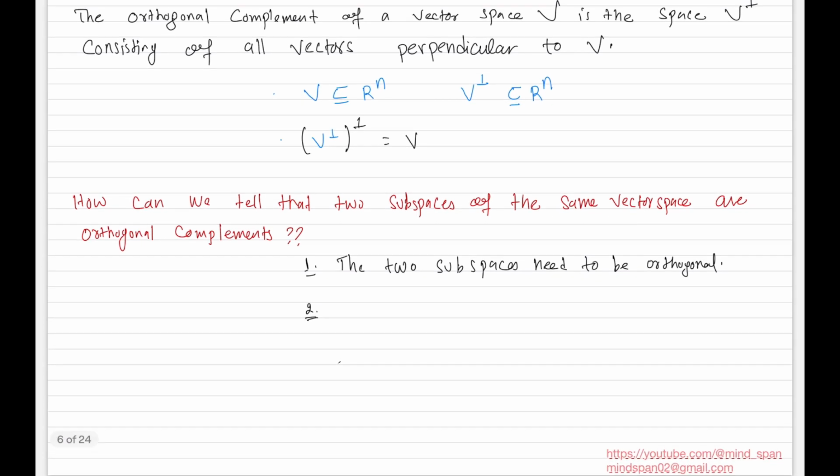So the second condition would be if the dimensions add up to the dimension of the space that contains them,